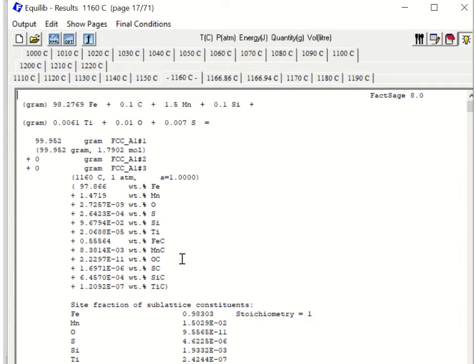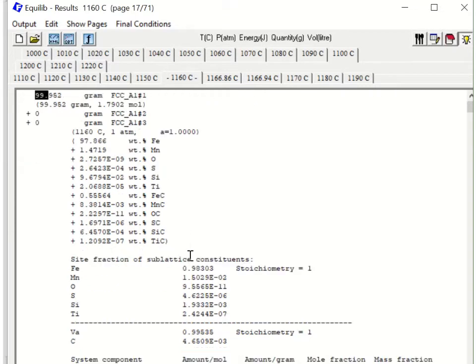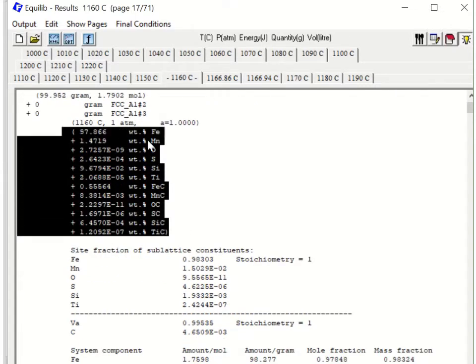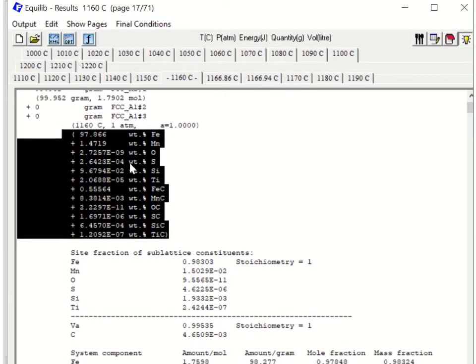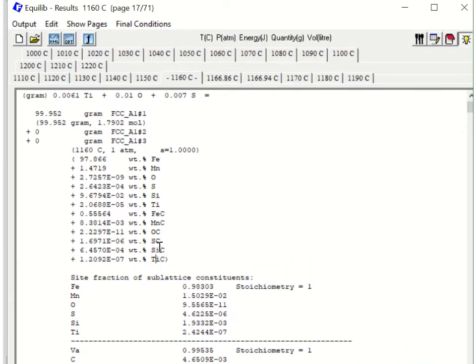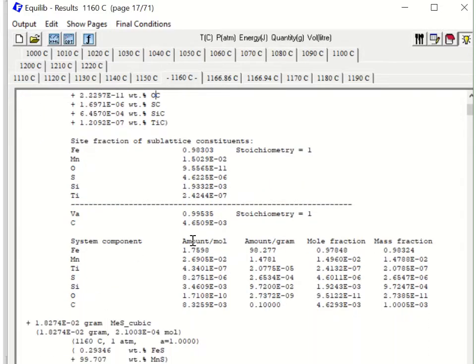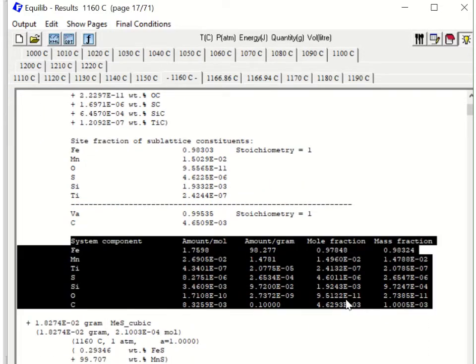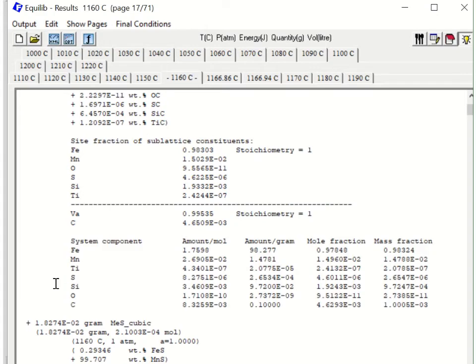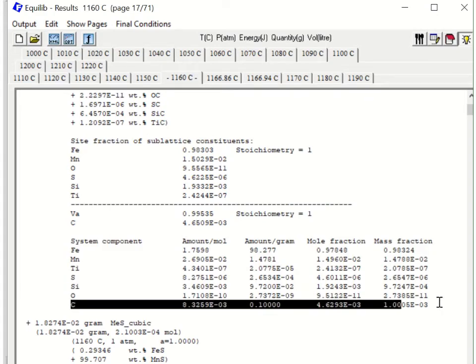So at 1160, if you look, there's 99 gram of the FCC, and as I mentioned, this is all modeling species, so you don't have to worry about that. There's titanium carbide in the FCC phase. And as I mentioned, this is a model species in the FCC phase. But if you want to really know what the FCC composition is, then you have to look at the system component. So here you have carbon, for example, this one,